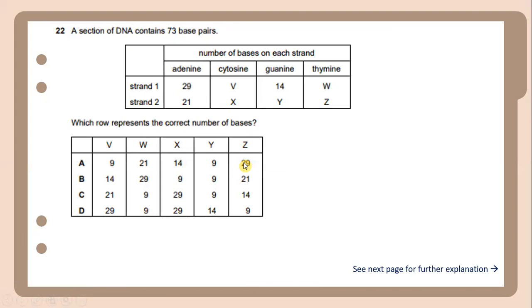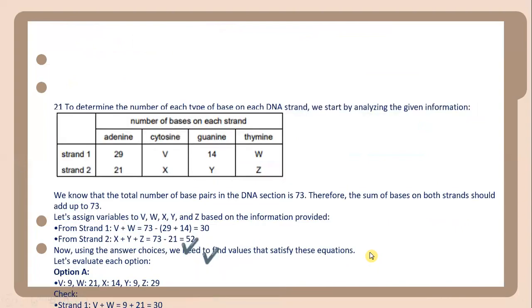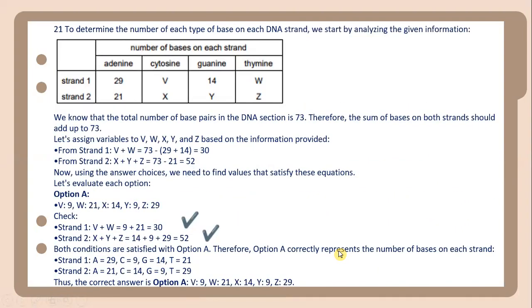A section of DNA contains 73 base pairs. Which row represents the correct number of bases? Let's see the next page for further explanation. So to determine the number of each type of base on each DNA strand, we start by analyzing the given